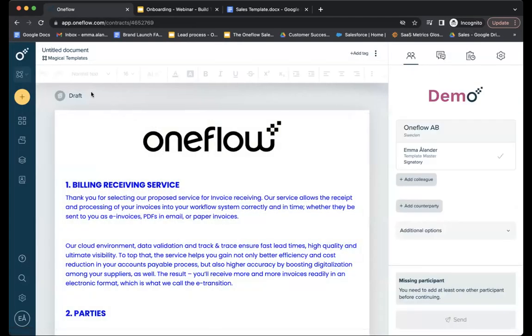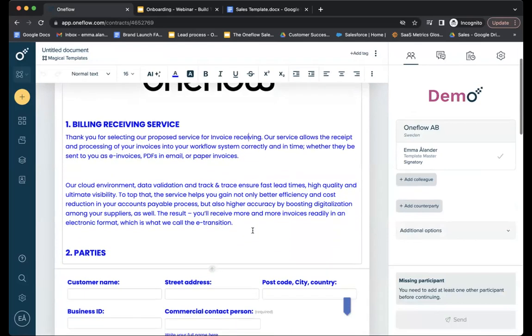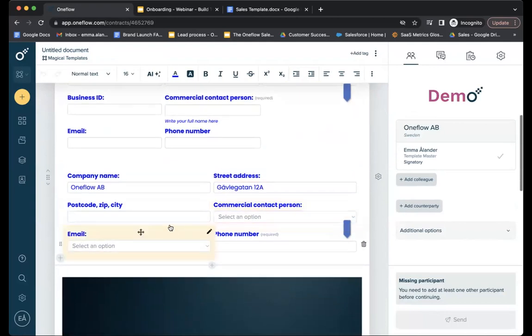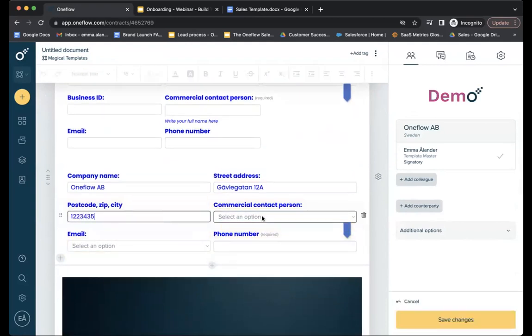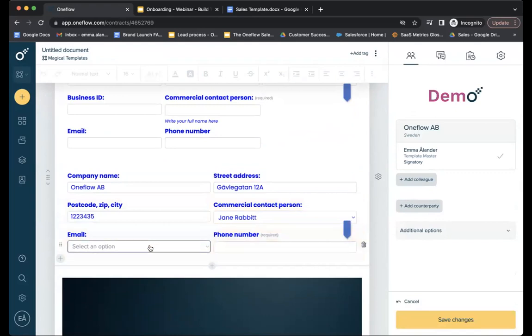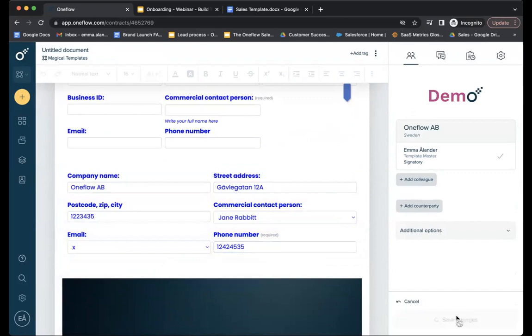Here we can see that now we are inside of a draft. Of course, you can change the name of this future contract to whatever you want it to be. Contract names are not visible to the counterparty, so that is something you should remember. We can always change different information here. Maybe we want to add the postcode here, for example. We should now select the commercial contact person, and then fill in the phone number here and save the changes. As you can see, I cannot click on send now because I have a missing participant,